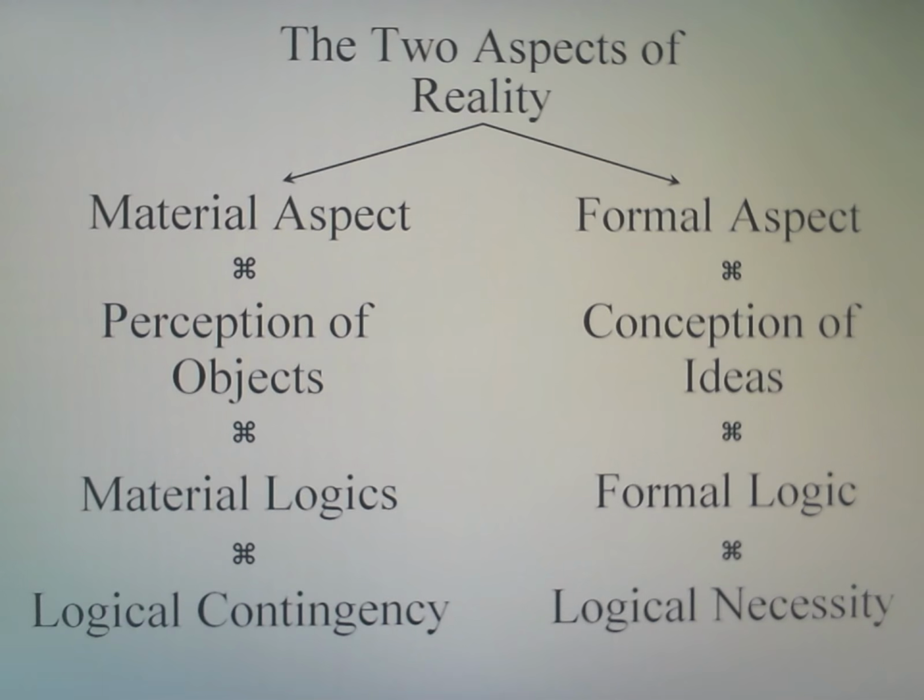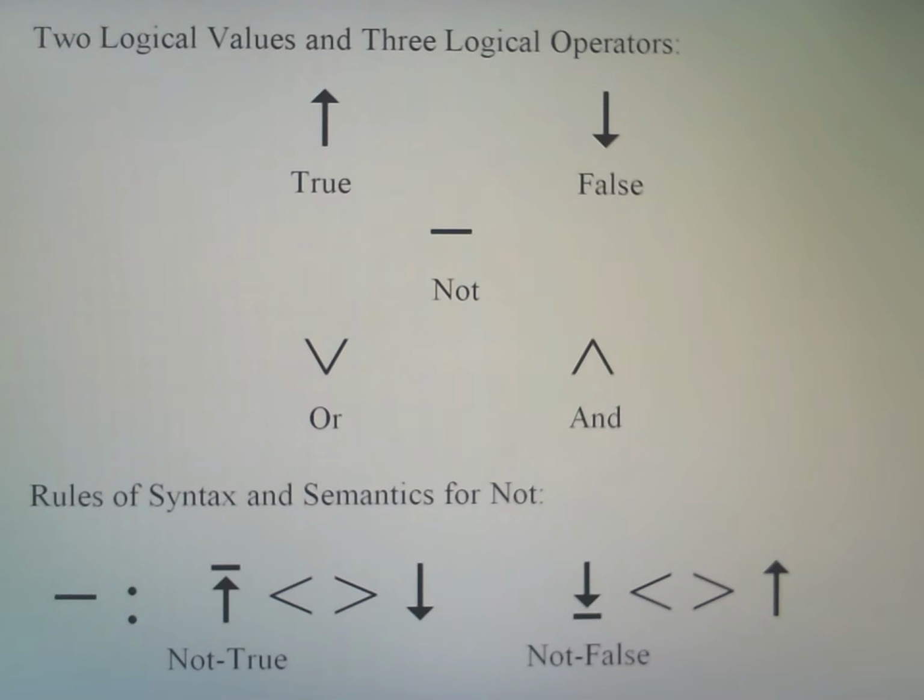And so rather than thinking of reality and non-reality as the basic opposites, I would like to introduce the notions of true and false, what I call the two logical values. Basically, true here will be represented by an up arrow and false will be represented by a down arrow. This I do to avoid any implication of true and false. Basically, we just want to see these as forms, and as long as we have a pair of opposite symbols, that will represent the form of opposition that we are seeking.